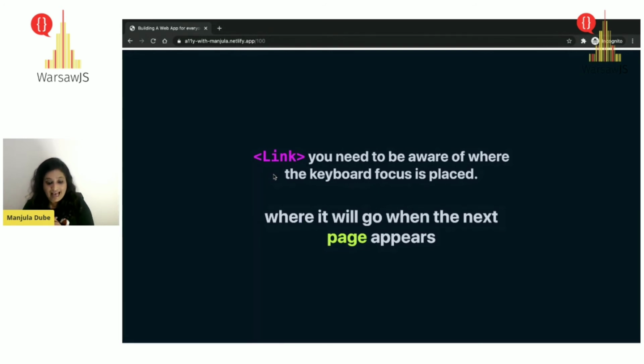This is really important, because once you move from one page to another, it's important that the keyboard focus is placed on the main section of that page, because it really will be helpful for screen reader users.